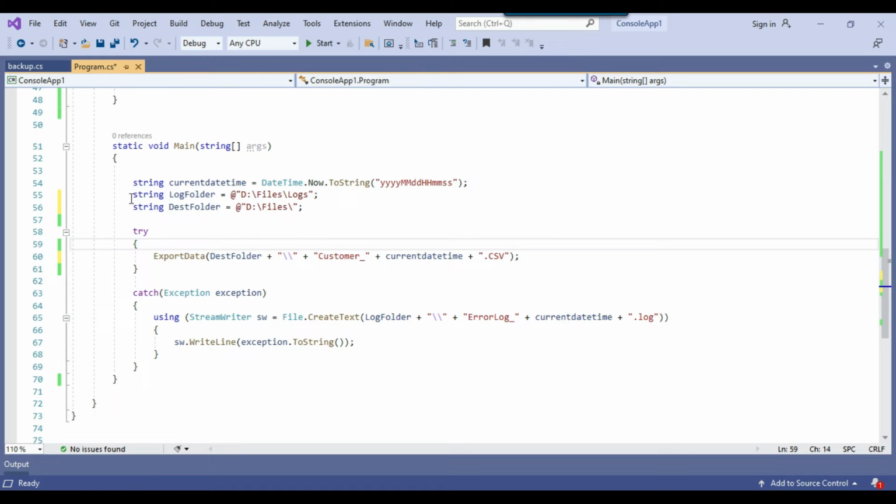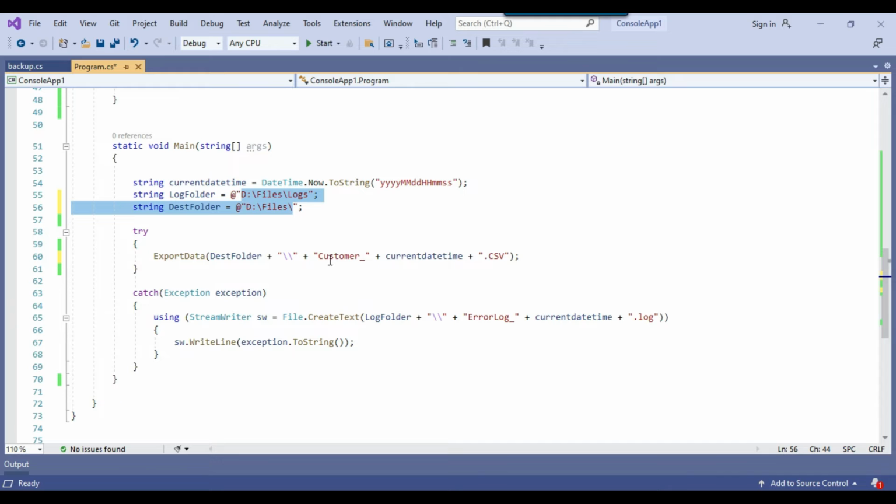In the main method we are using two variables, like log folder. In case our package fails, it will create an error log underscore current date time dot log file at this particular location, and the file will be created at this particular location, D files locations. These particular paths are configurable, and you can configure them according to the location on your server.